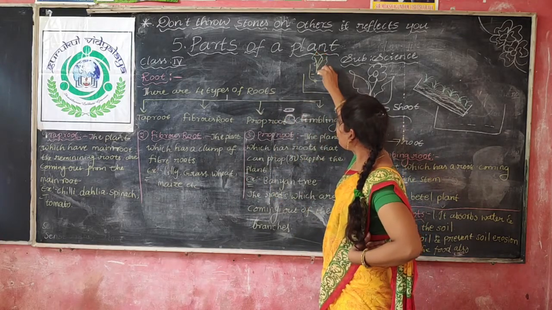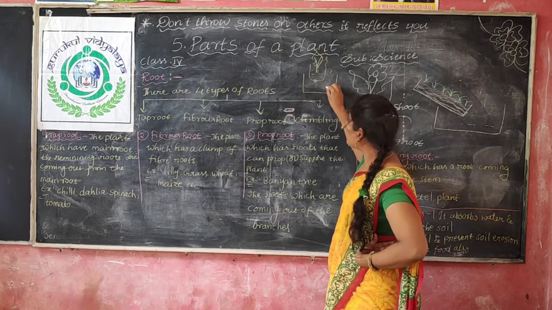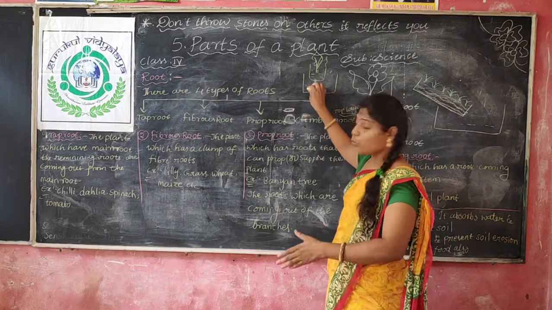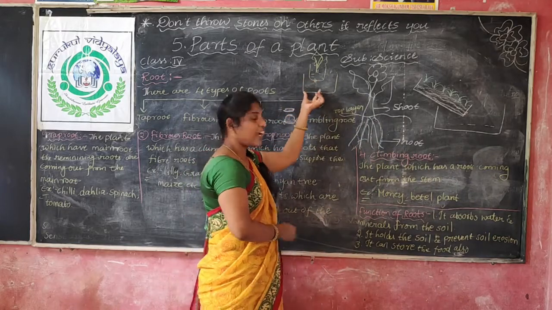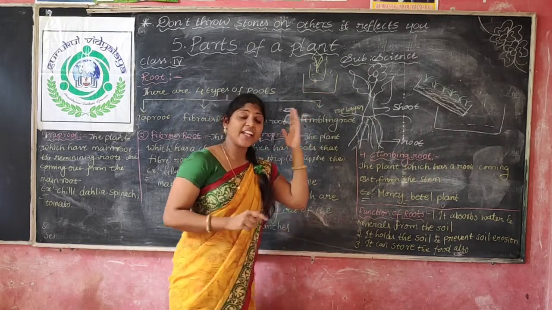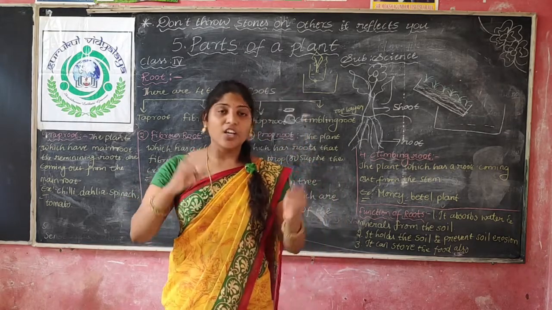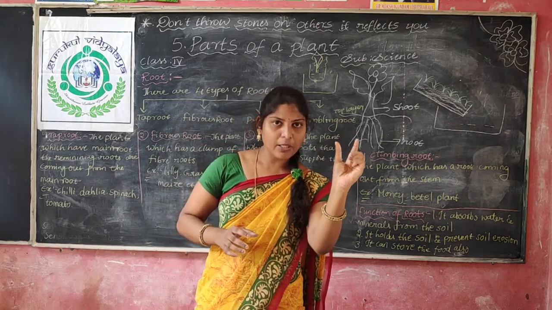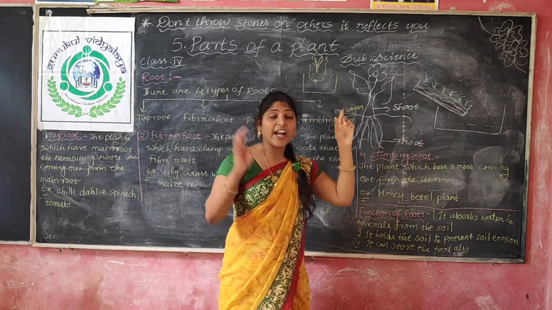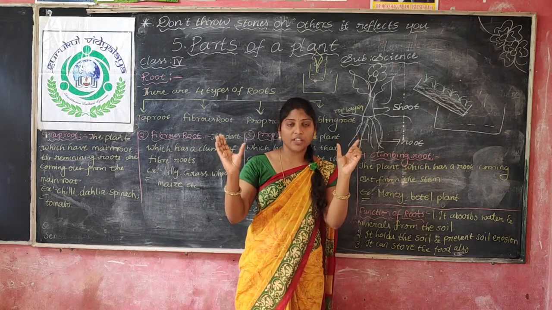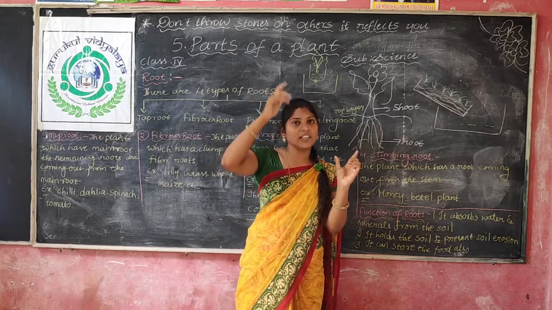When you pour the water, what happens? Through the soil, the water drips through the hole and reaches the bowl. That water you collect, and what will you do? You take this water and plant a money plant in it. In another bottle you take normal water and plant a money plant. So one money plant is planted in the collected water, and another in normal water. Within one week you can find out which plant grows fast, easily and healthily.